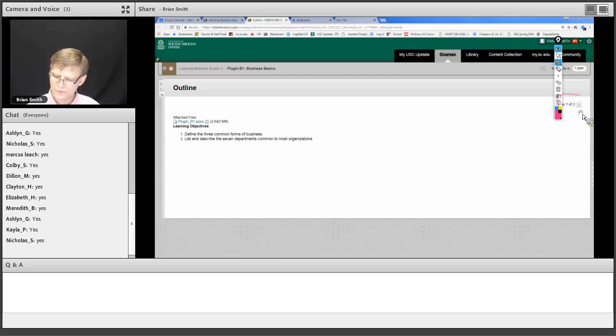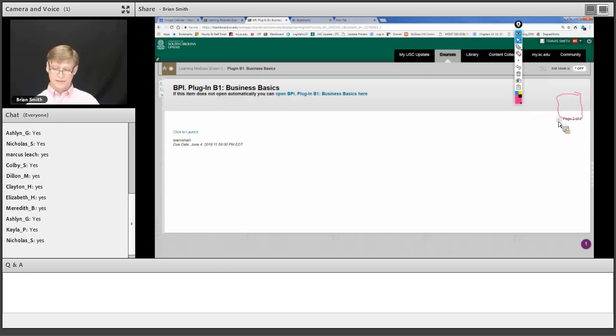Okay, so here you see the pages, 1 of 2 there. I'm going to move that up a little bit. There we go. So you want to be sure and navigate to the next page, because some of these modules are going to have more than 2 pages. Some of them actually have up to 5 pages. So a little different there. But you have Learn Smart modules associated with each one of these chapters,